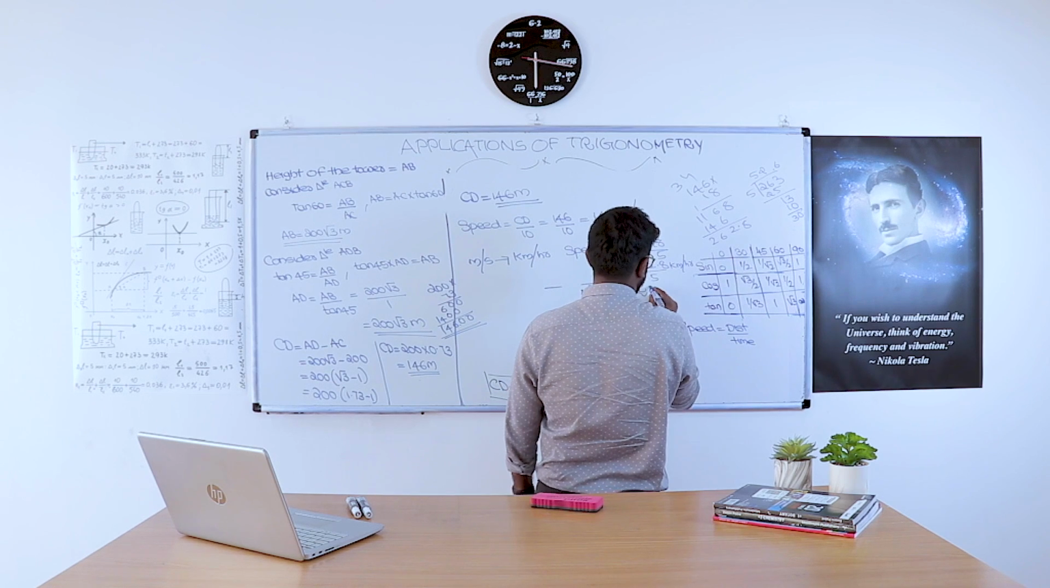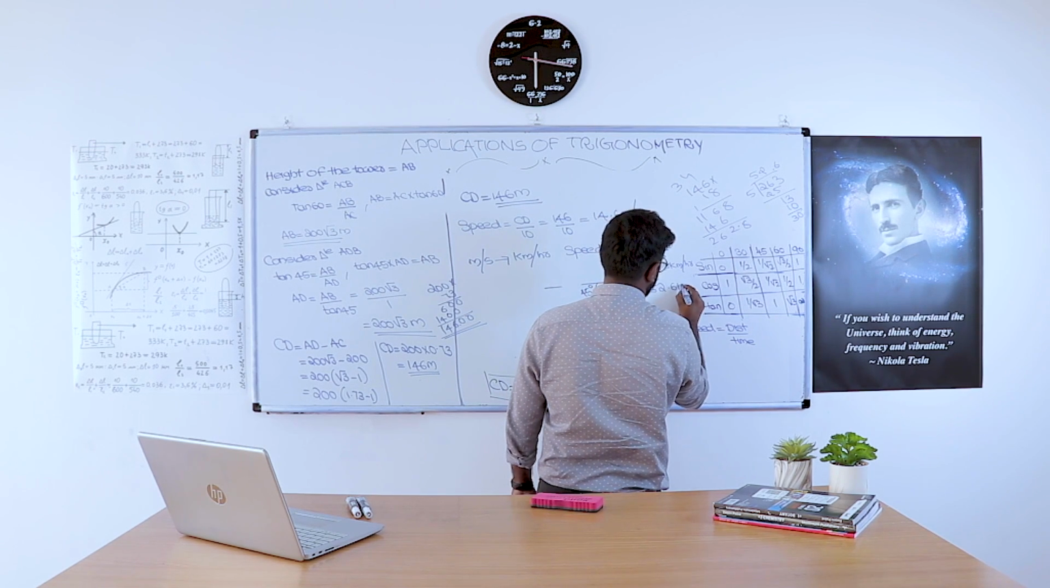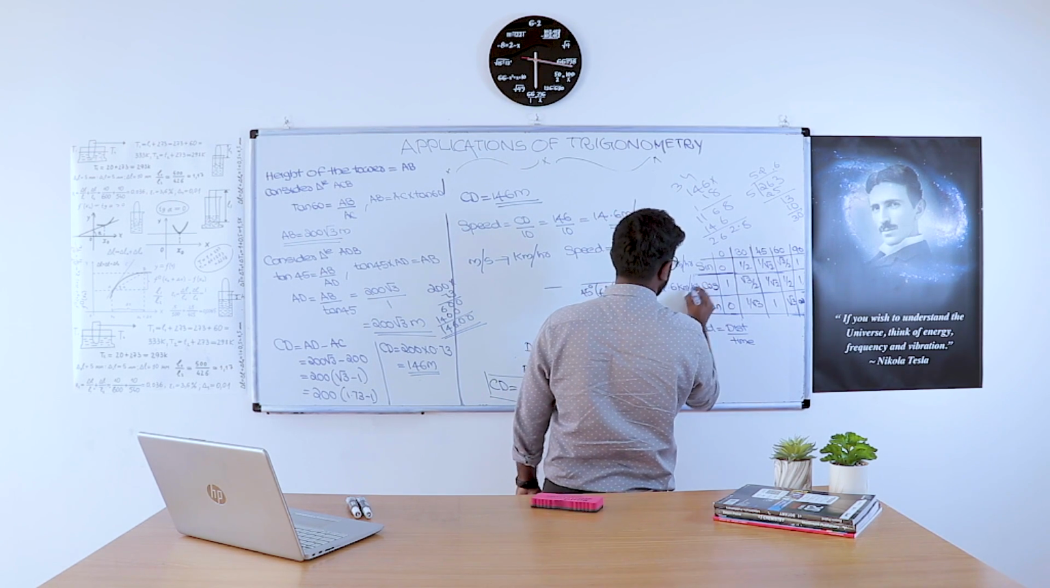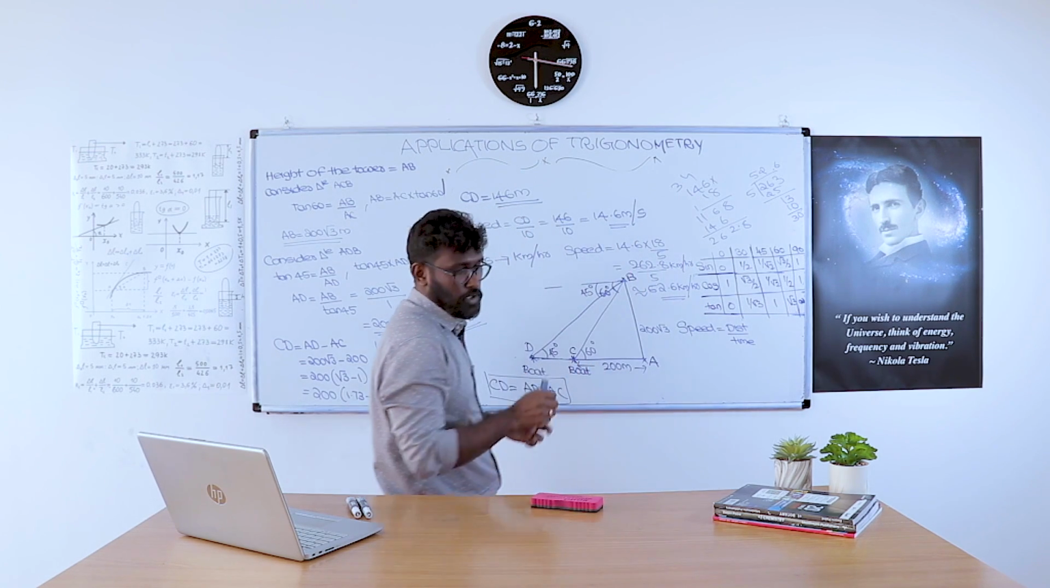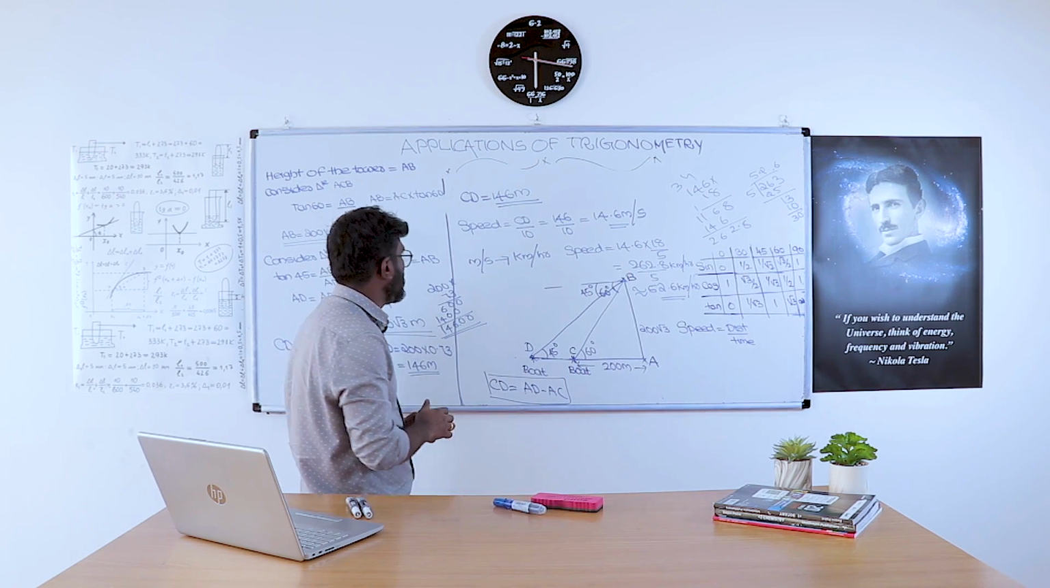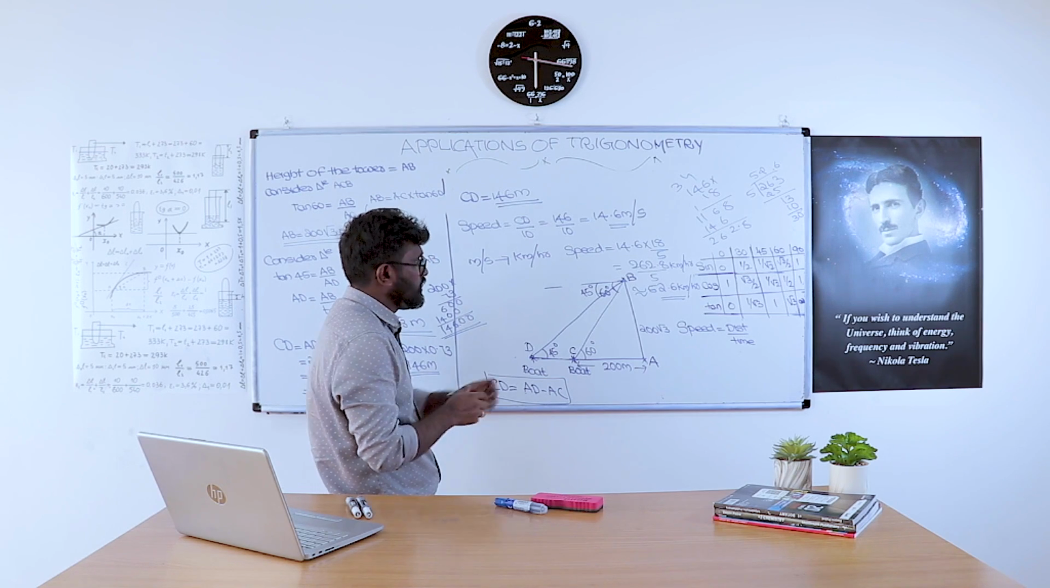That is almost 52.6 kilometer per hour, the speed of the boat. 52.6 kilometer per hour is the speed of the boat. We will approximate